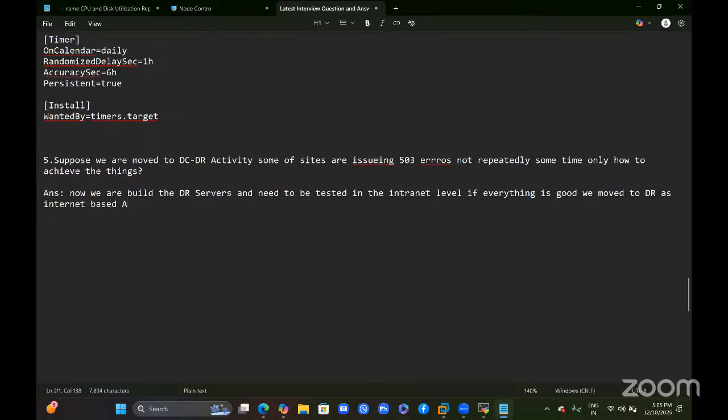Internet based applications. This is the process. All corporate organizations follow the same process. If there are any configuration issues,